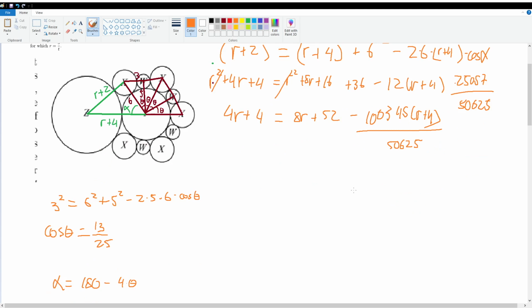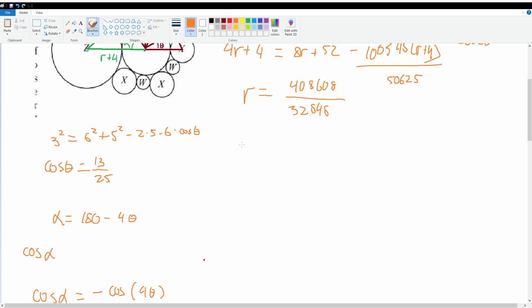And I'm not going to go through solving r, because not only do I not feel like it, but I also don't think it's that necessary, especially if you're trying to solve problems at this level. I don't think algebra should really be considered hard. And what you notice is that when you solve for r, it will actually equal 408608 over 32848, and this simplifies into